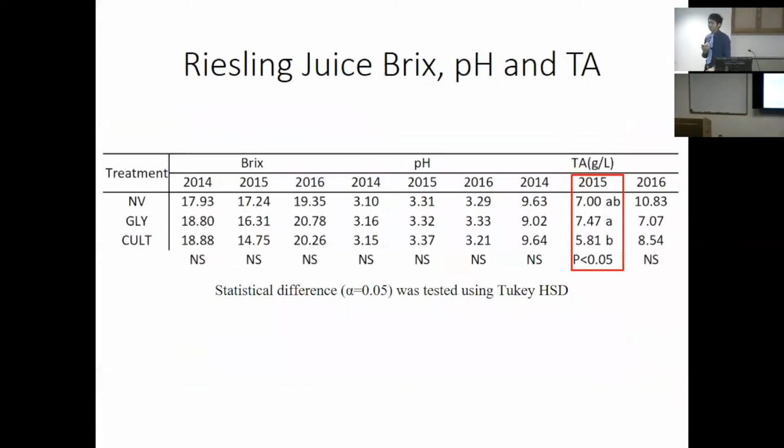So we also measure the grape basic composition parameters, such as Brix, pH, and total acidity, abbreviated as TA here. So in general, we did not see any difference, but in 2015, the grapevine cultivation treatments had a lower acidity. If you look more closely into the Brix for 2015 cultivation here, you'll find that the number is really weird,